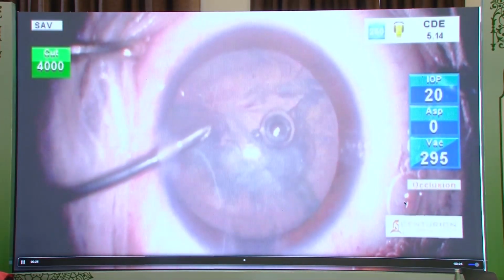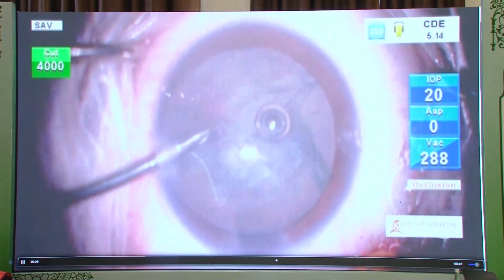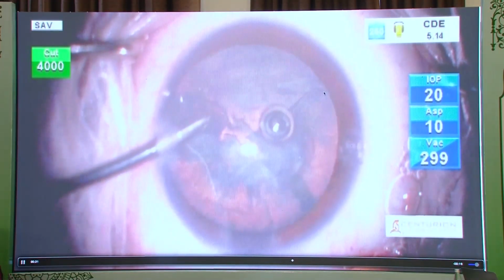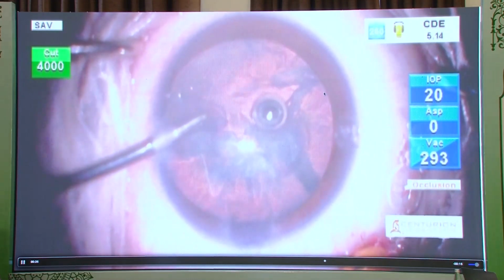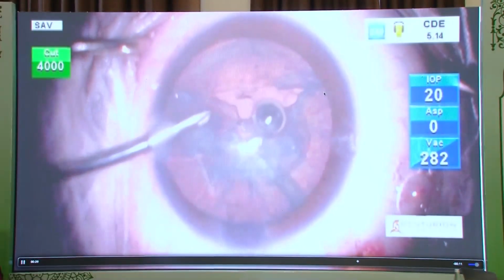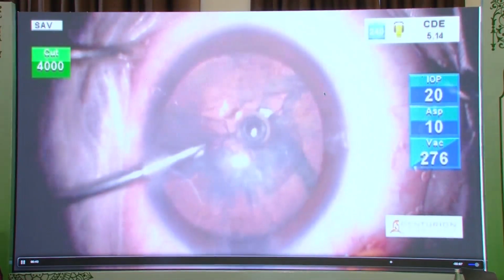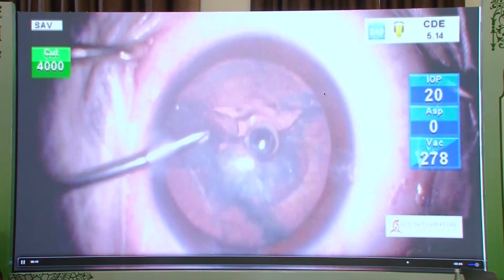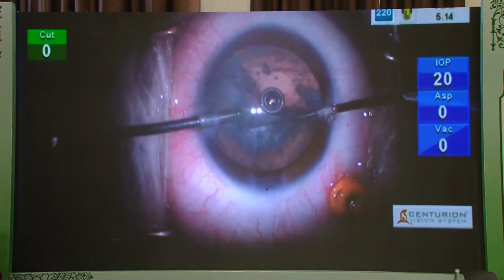The advantage of this approach is twofold. One, it pulls vitreous back, so it avoids enlargement of an already large PCR. Second, you can symmetrically go 360-degree around and clear the vitreous more symmetrically, so when you do put the lens in the bag, it doesn't tilt because there's more vitreous one side or less vitreous the other side. So that was done. And having done that, now we proceed with removing the rest of the fragment.